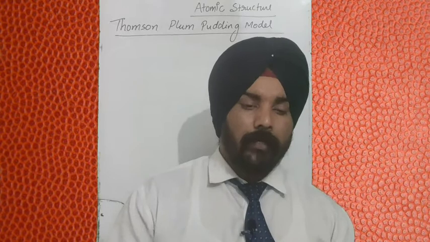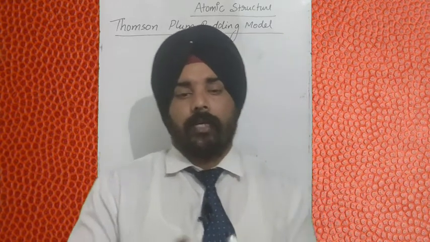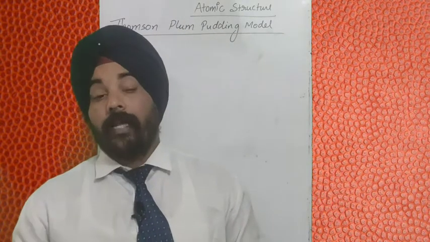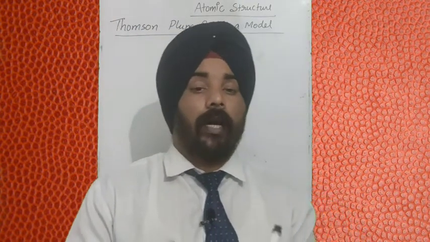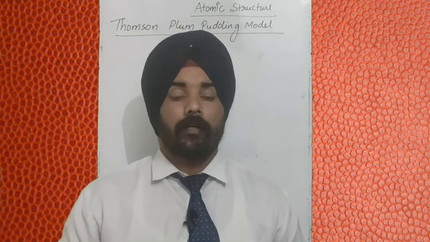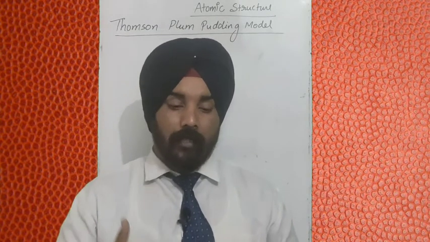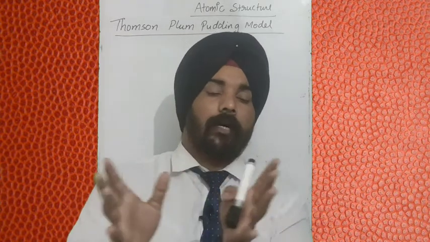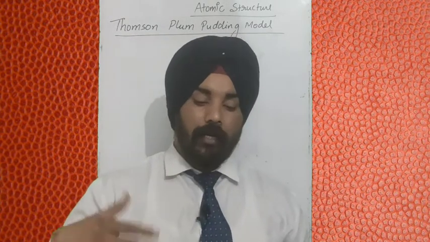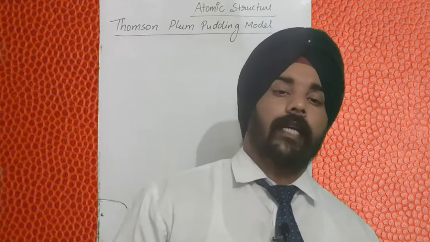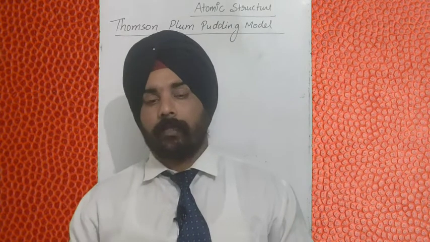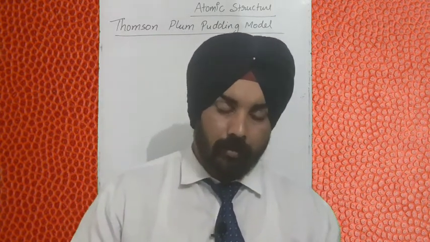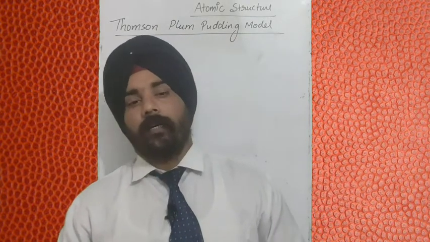Okay, some limitations were there that he couldn't explain, and then afterward a very revolutionary experiment came from Rutherford, that is called the Rutherford alpha scattering experiment. In class 12th physics you will study it under the name of the Geiger-Marsden experiment. And that is also called the Rutherford alpha scattering experiment. So how did Rutherford explain the alpha scattering experiment and what was that? Okay, so what did Rutherford do?